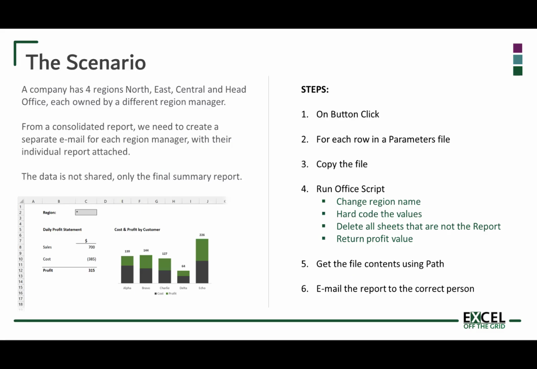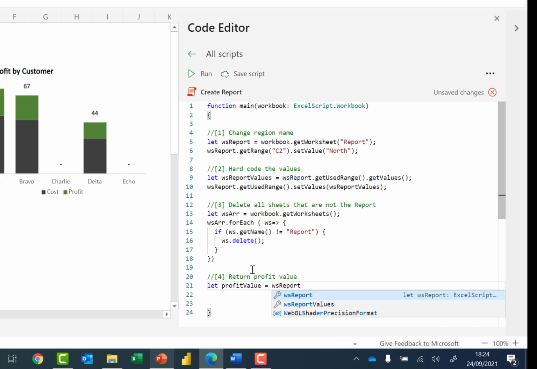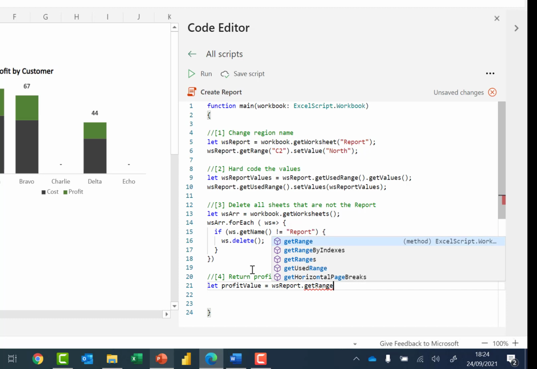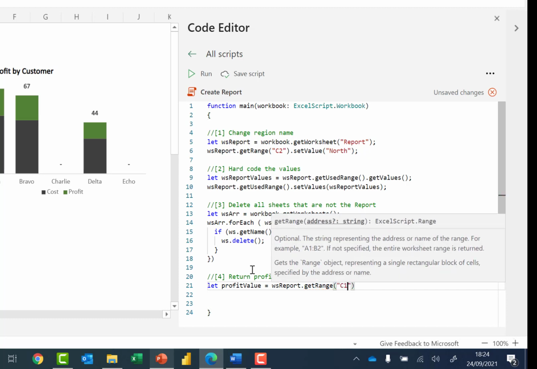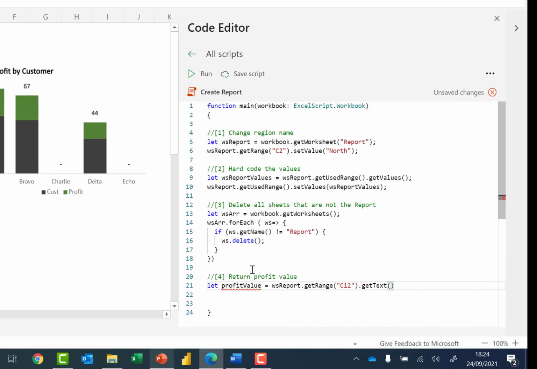Finally, step 4, was to return the profit value. So step 4, return profit value. So let profit value equals our WS report again. We want to get the range, which is in cell C12. And we want to get the value or the text that's in there, so I'm going to use get text. And then we want to return